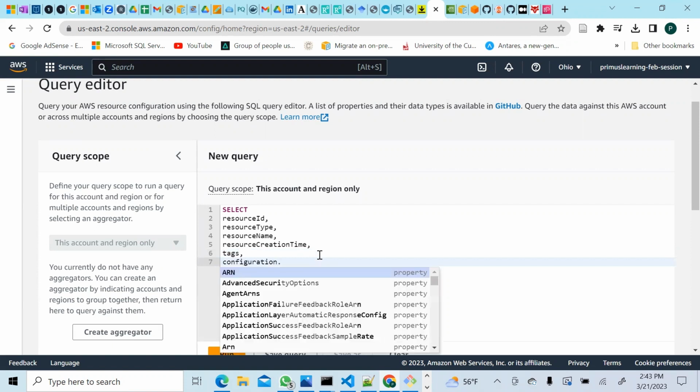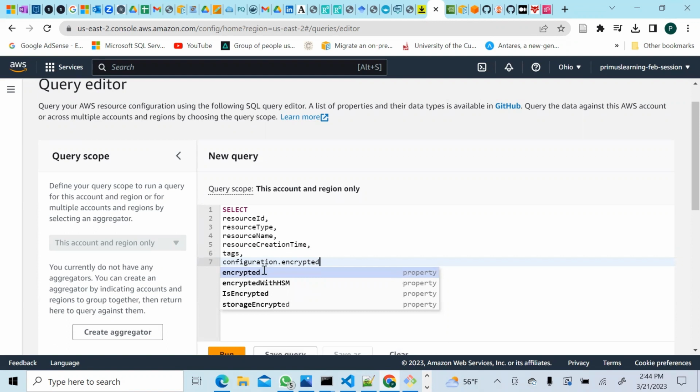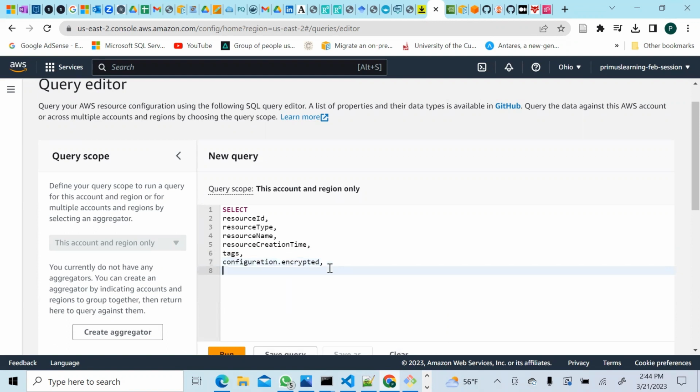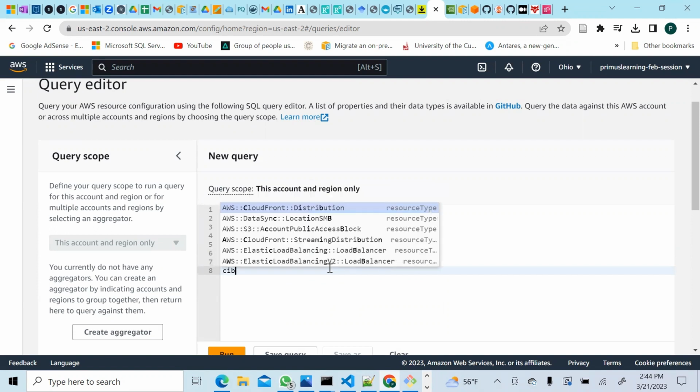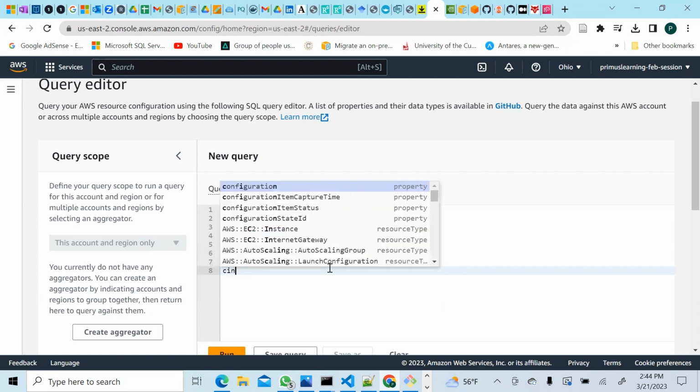And then let's say if it's encrypted, you say encrypted. So it will pick up those ones that are encrypted, comma. And then you have to put the configuration, maybe the configuration